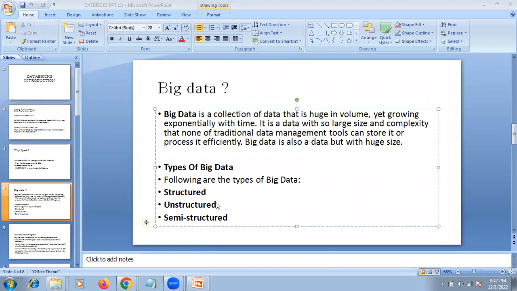Now, the structured data is like a table format. If it is in a proper row column format, then we call it structured data. And you must have heard about JSON files. We can say these are the unstructured data because it is not in the proper format. If you have seen one, in the JSON format there will be curly braces, and inside them there will be key value pairs, similar to a dictionary.